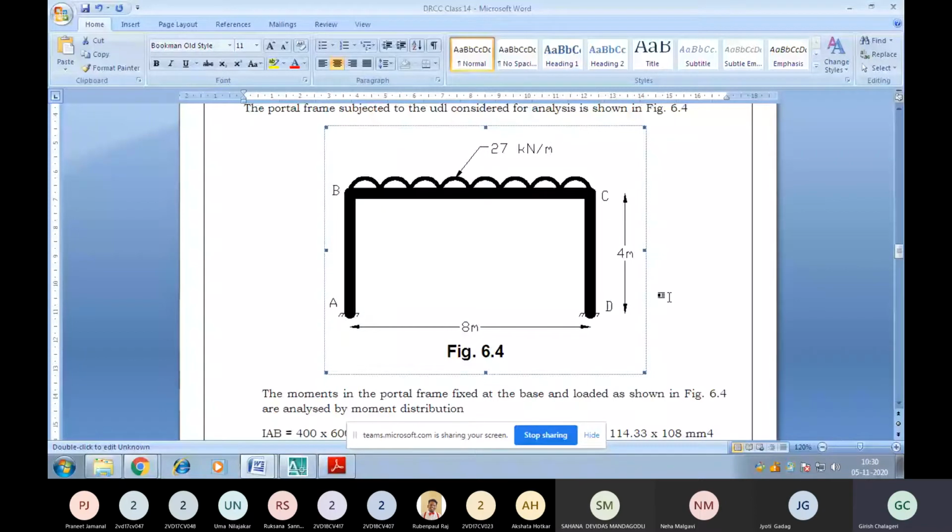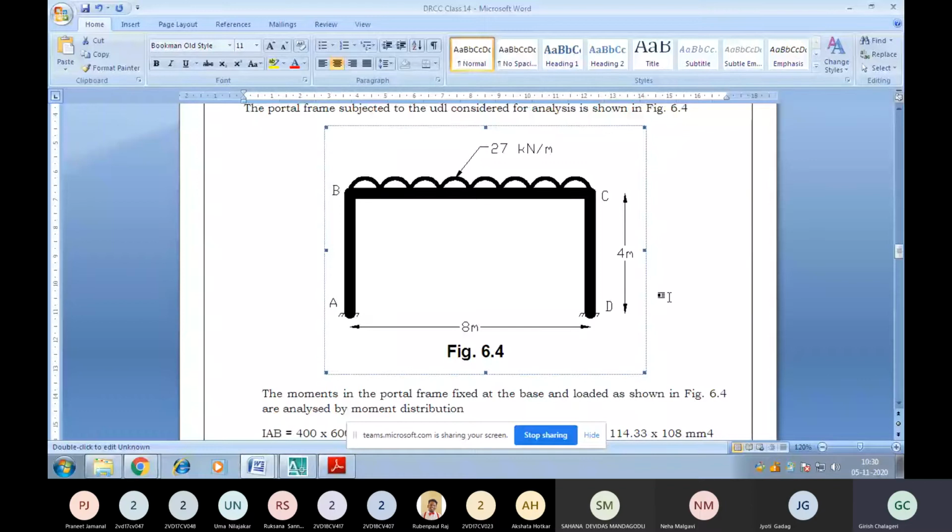Whether you are going to use the slope deflection method, the moment distribution method, or Kani's method, any of the methods which you have studied in analysis of indeterminate structures. We have taken 5 methods to analyze this, whether continuous beams or frames. So in those 5 methods, select any one method, analyze it and draw the SFD and BMD for